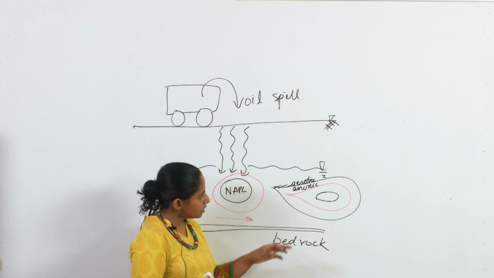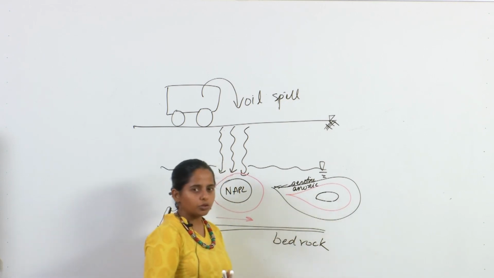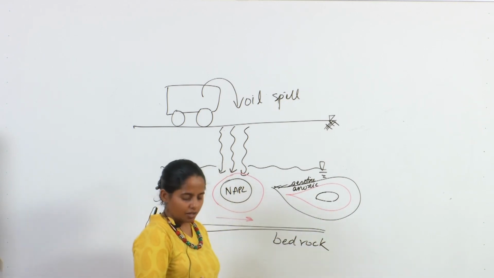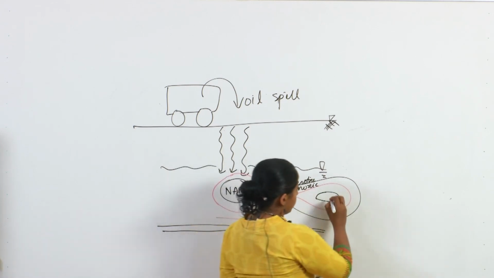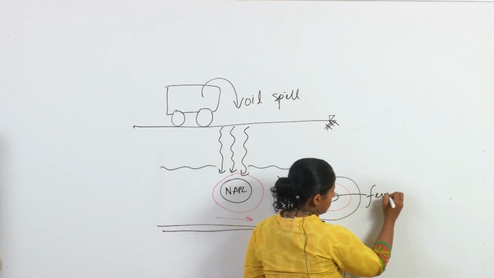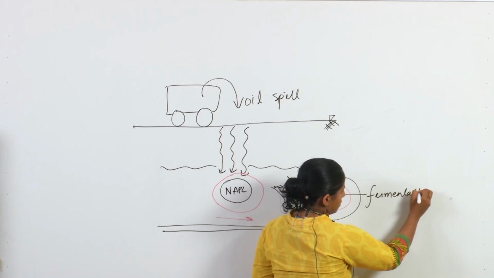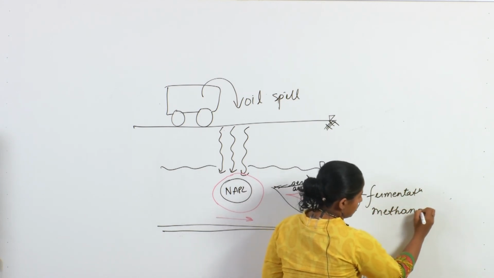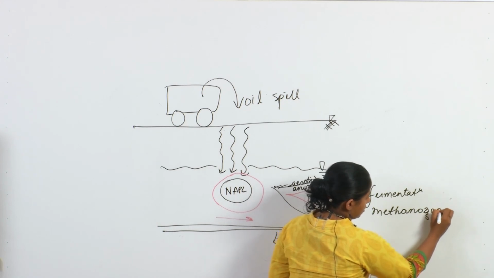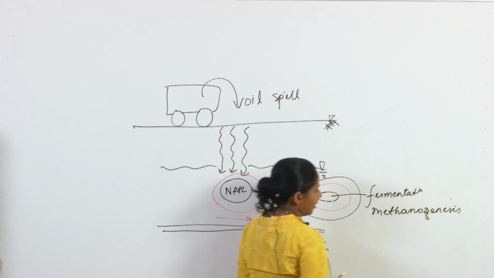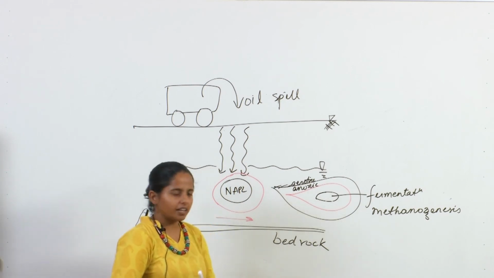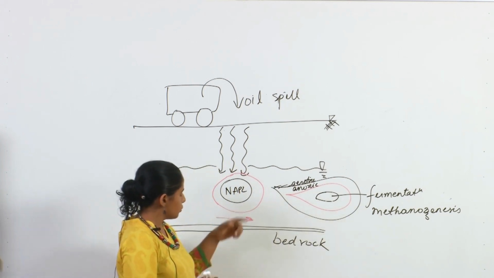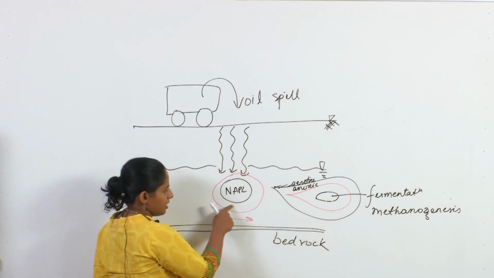And we'll notice that the closer we come to the plume, we'll go to anaerobic metabolism, which will look like fermentation or methanogenesis, alrighty, or acetogenesis. And the reason is that the first dissolution layer will happen here, very close to NAPL,